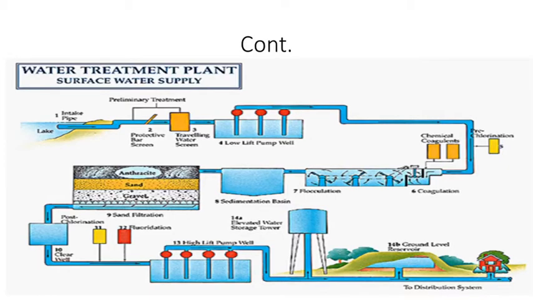So in the previous lecture we discussed the filtration process. After the coagulation, flocculation and sedimentation process, the next process is the filtration process. In that we discussed the sand filter, the activated carbon filter, and the gravity filter. The gravity filter is also classified into two types: slow sand filter and rapid sand filter. And we also discussed the difference between the slow sand filter and rapid sand filter.